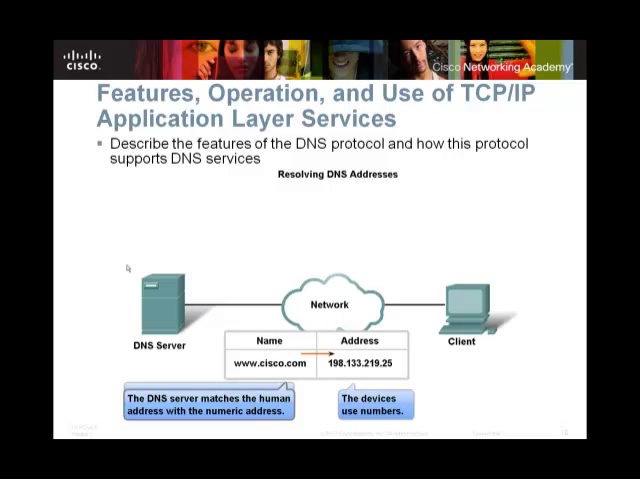DNS is a huge protocol that works at the application layer. Every time we go out to the internet, our computer takes that web address that we type in and translates it into an IP address. Computers remember numbers. Every single website that is out there has some type of number or IP address associated with it. The reason we developed DNS is it's easier to remember Cisco.com than it is to remember